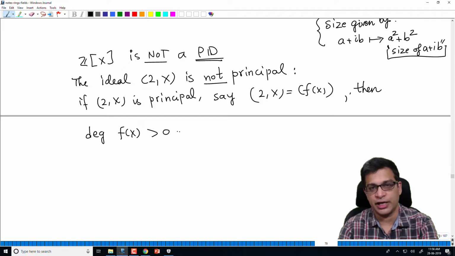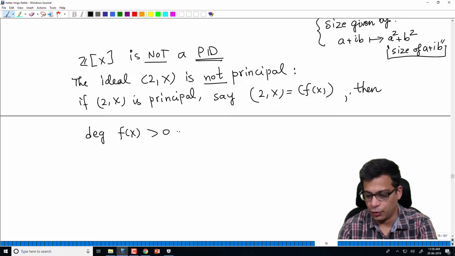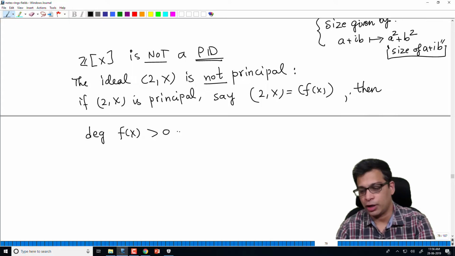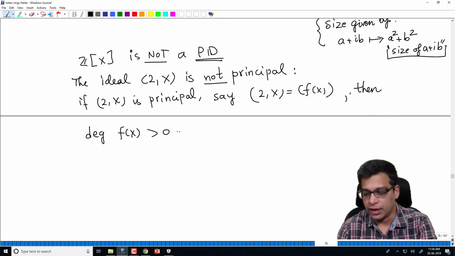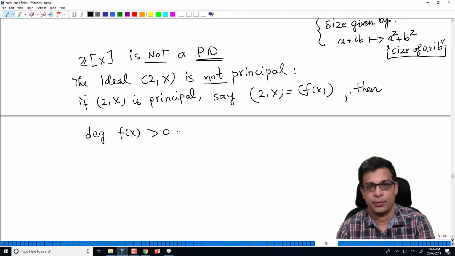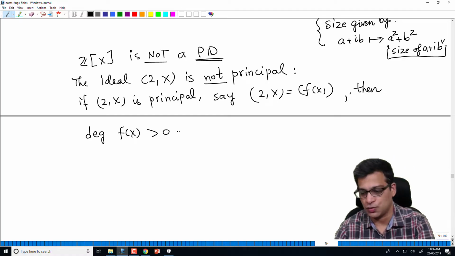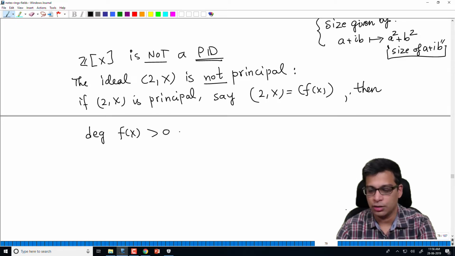No way that it can generate x, because remember, if (2, x) is equal to (f(x)), x is a multiple of f(x), so it cannot be a generator. It can't be an integer because x is never a multiple of an integer, unless it's 1, of course. But if it's 1, the ideal generated by 1 is the entire ring, which (2, x) is not. So degree of f(x) must be positive,